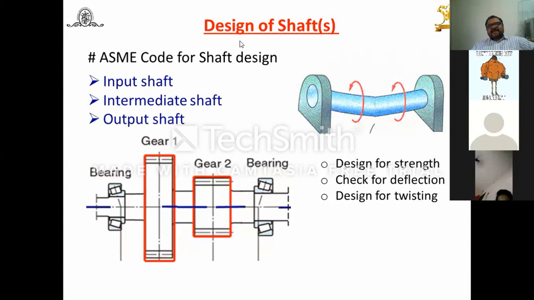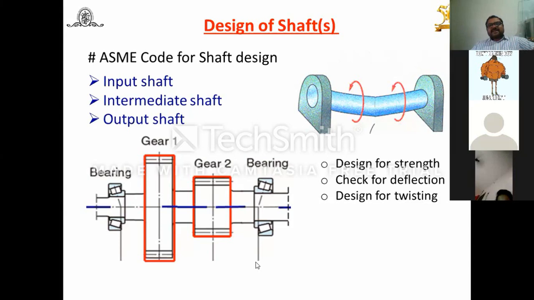But again, while deciding this, now you don't know. You have the gear dimensions and forces, but how to decide the length of the shaft? For that purpose, what do you have to do? You have a face width here, B, for this gear 1. Again, you have to keep some distance in between these two gears, and a gap between this bearing position and this bearing position. And then you can decide the length.